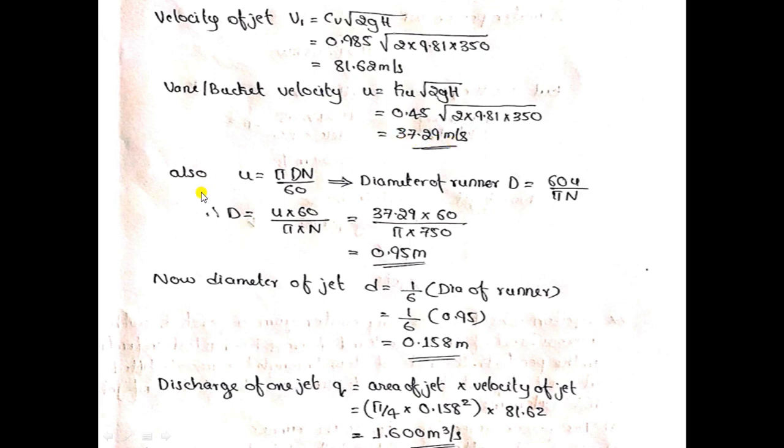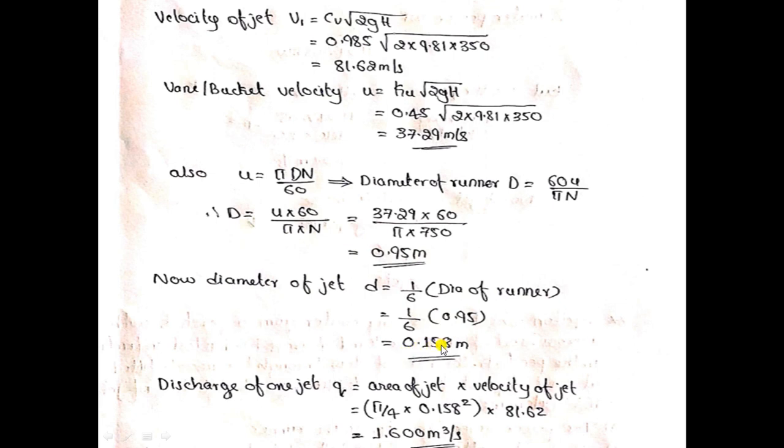Also, the vane velocity or peripheral velocity is given by the formula u is equal to pi D N divided by 60. So simplifying for D, D is equal to 60u divided by pi N. If we substitute u and N, we will get the diameter of the wheel as 0.95 meters. Now the diameter of the jet, they have mentioned that it should not exceed 1/6 the diameter of the runner or wheel. So 1/6 of 0.95 is